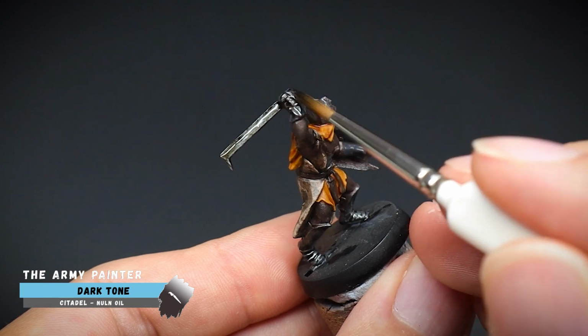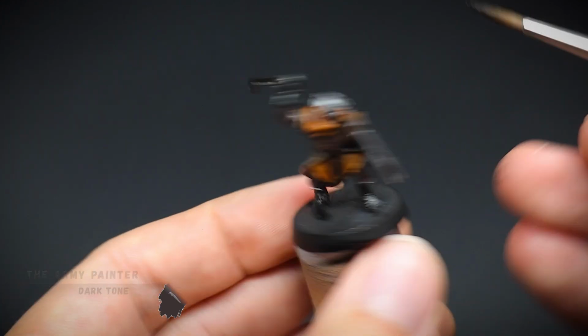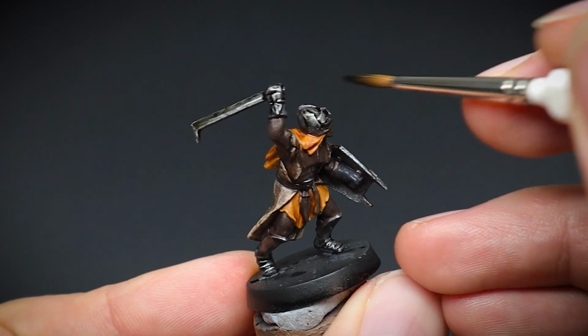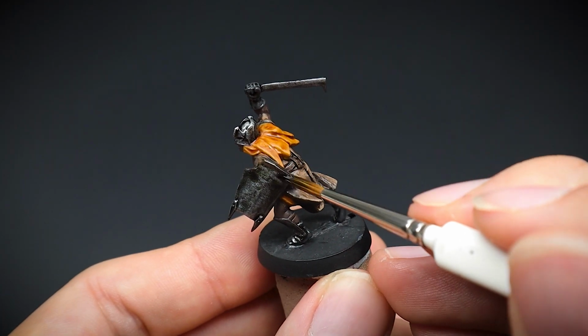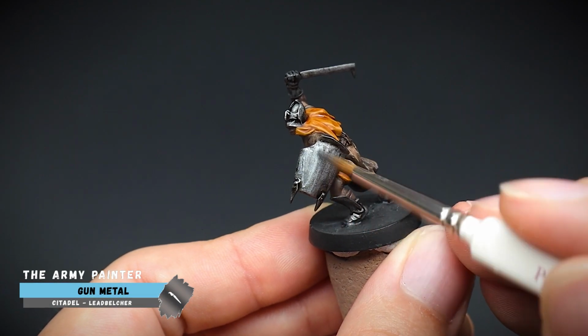The metallics were then given the wash treatment with some dark tone paint. At the same time, we can do the boots and the gloves. I'm always a fan of shade paints as it transforms the miniature before your very eyes, creating quick shadows where necessary. The shield was also given a thin layer of gunmetal, just to bring back some of that shine